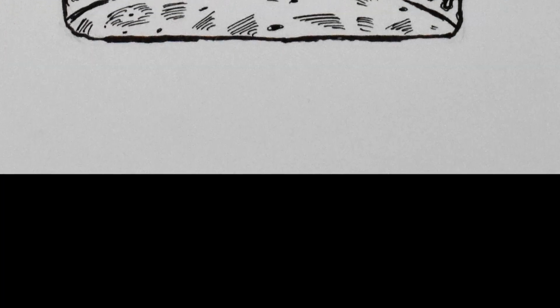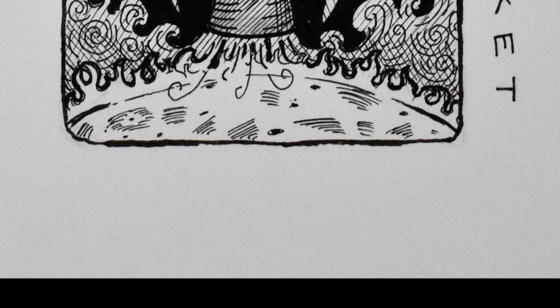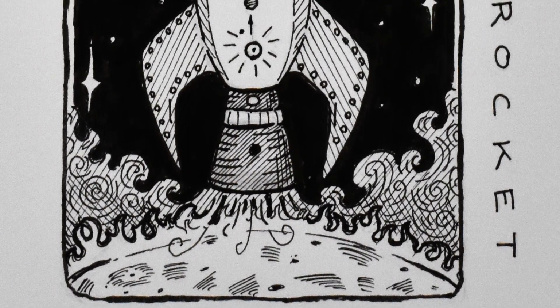I think this is a design that warrants looking at a little bit more closely. I was really happy with the concept for this. I wanted to basically hide the solar system within the rocket as you move up. So if you look at the bottom where the exhaust of the rocket is, it's the sun. And then as you move outward, you step through all the planets with Mercury, Venus, Earth radiating with a little